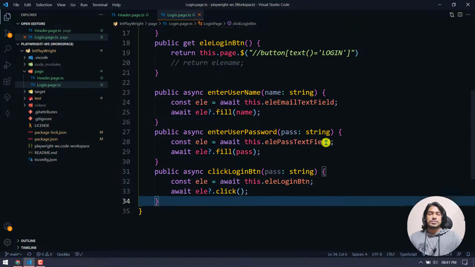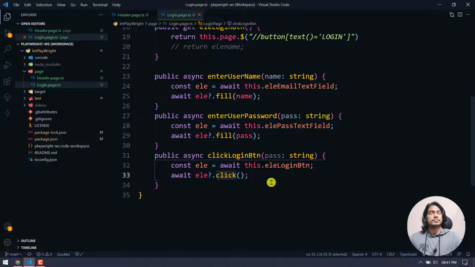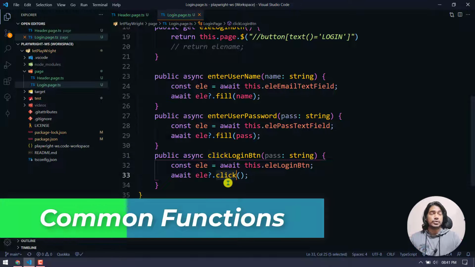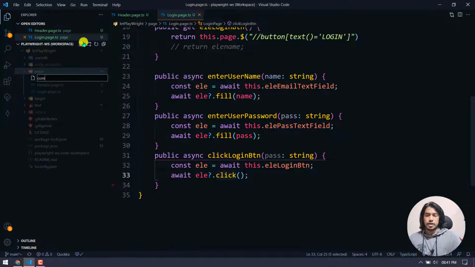Okay, so as soon as I do the login, I have to verify that, right? But that toast message in most of the application will be common. So the element ID or element locator will be common, only the message will be varied. So instead of writing within the same page, we can write it within the common function. I will just name it common function, or we'll just follow the same common.page.ts,